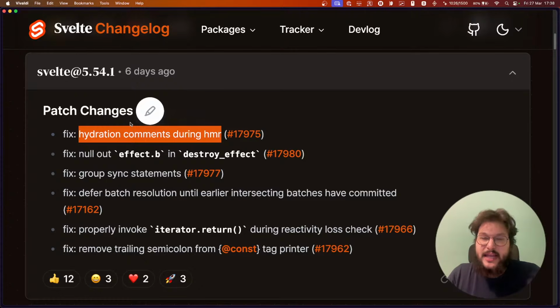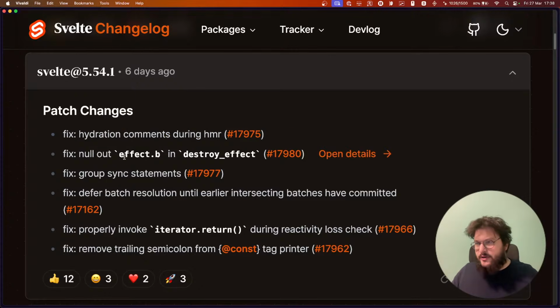And that object has a bunch of information on it, like the branch, the function to invoke, the teardown, so what function to execute when it gets destroyed, and stuff like that.